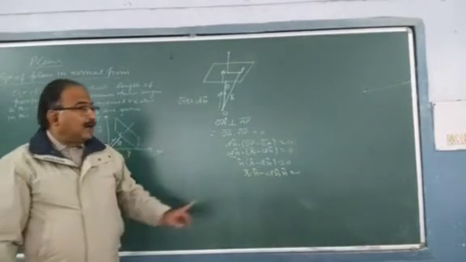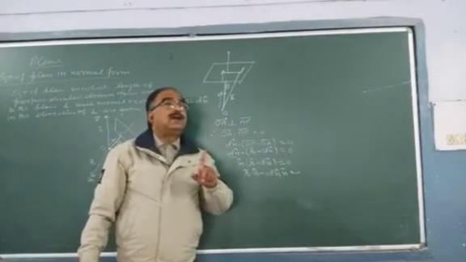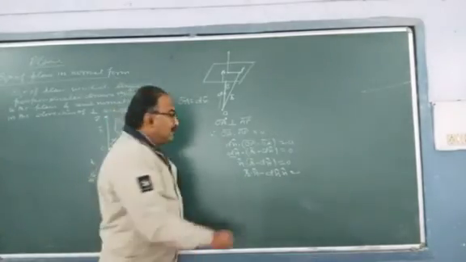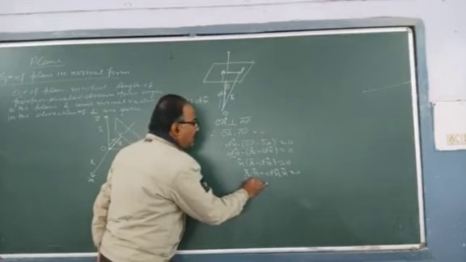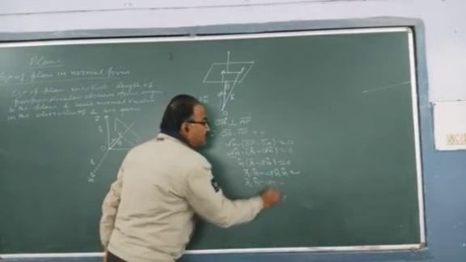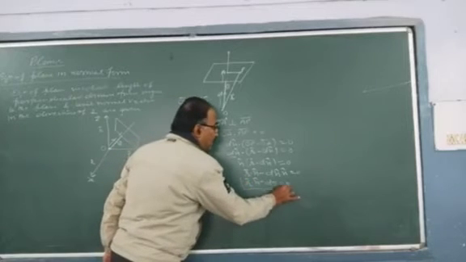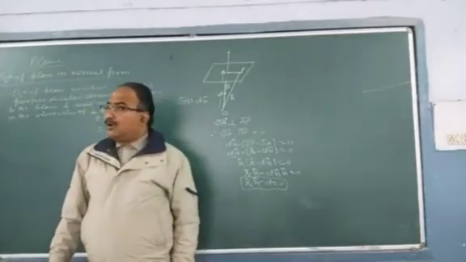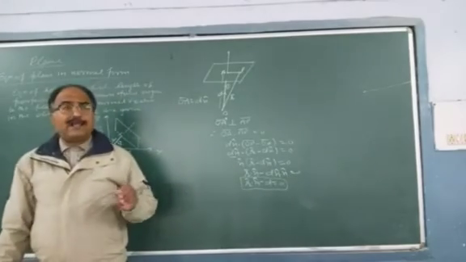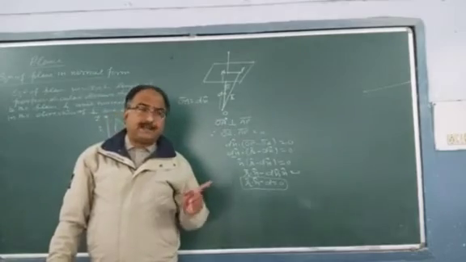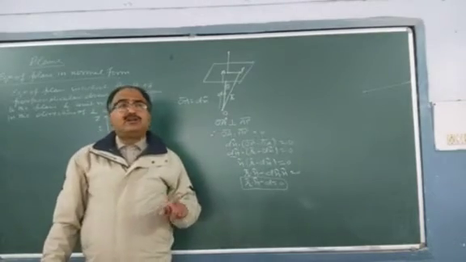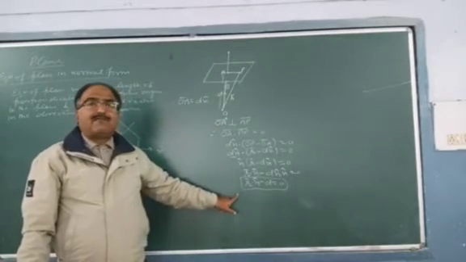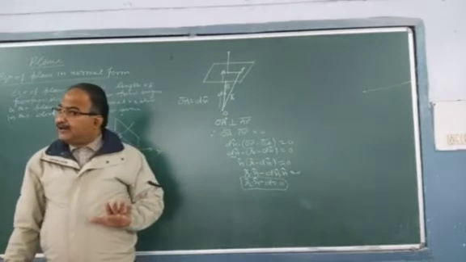Now n cap dot n cap is 1. So you can write it as r dot n cap minus d is equal to 0. This is the equation of a plane in which we know the length of the perpendicular drawn from the origin to the plane, and the unit normal vector n cap in the direction of the perpendicular drawn from the origin. This is the vector form of the plane. Is it clear to everyone?